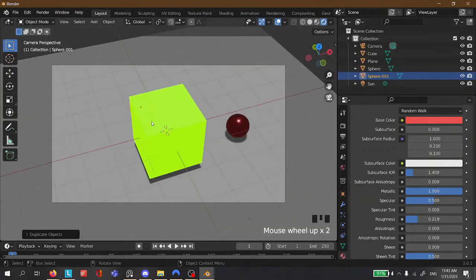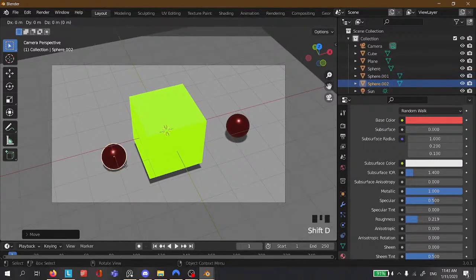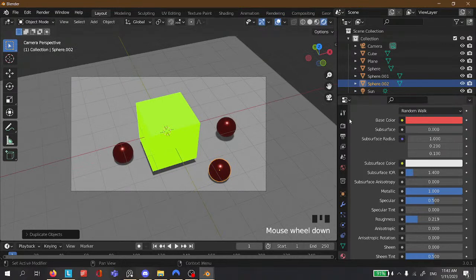Okay, that is in the wrong direction. Okay, Shift Z to move it around on the plane, G and Z to move it a bit down, Shift D, Shift Z. So let's switch to